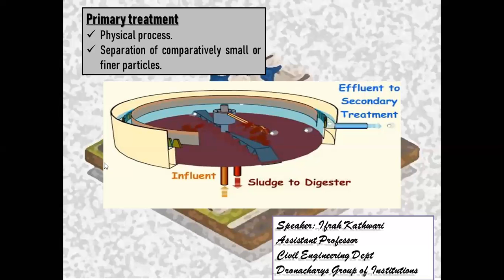So here in this picture we have this primary sedimentation tank, and as you can see, the water flows into the tank, wherein the sludge is deposited at the bottom of the sedimentation tank. Here we have sludge, which is sent to the digester, or we can say digestion of sludge is the process that we go through, wherein the sludge is being processed. Okay, so yes, this is what happens over here.